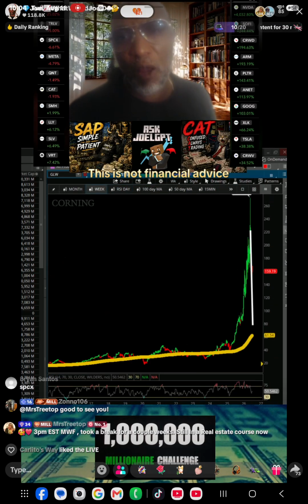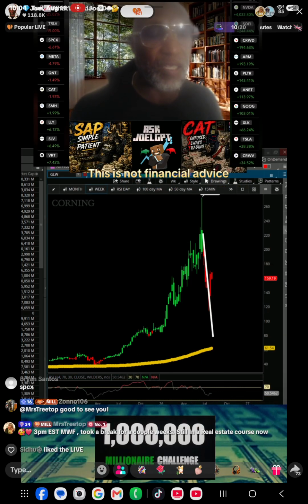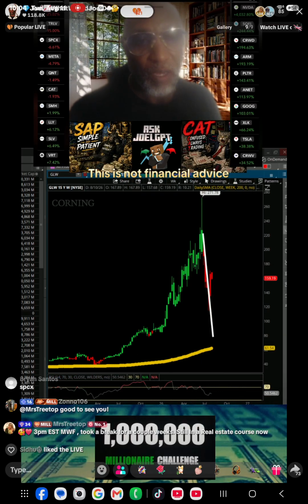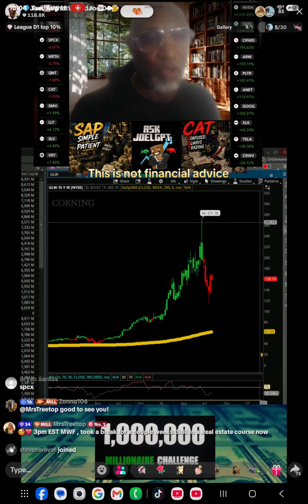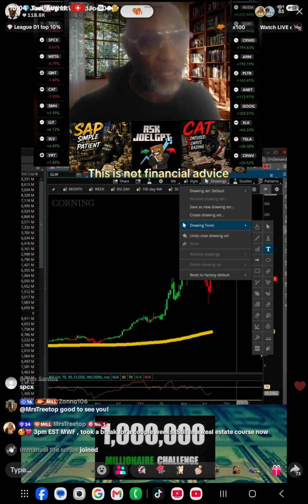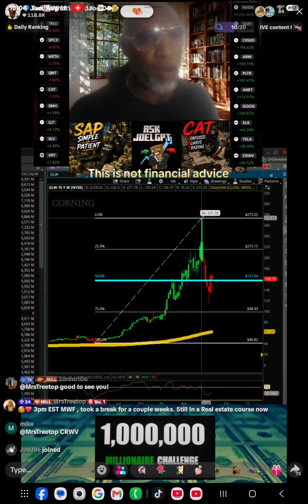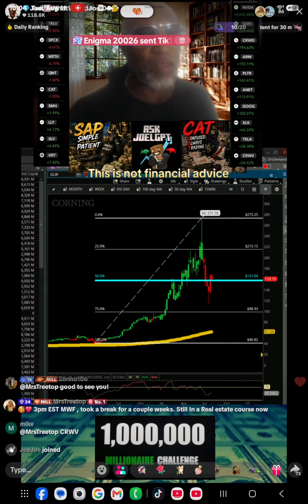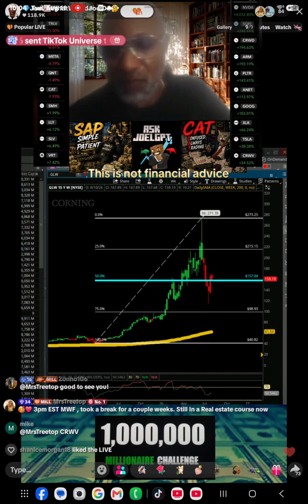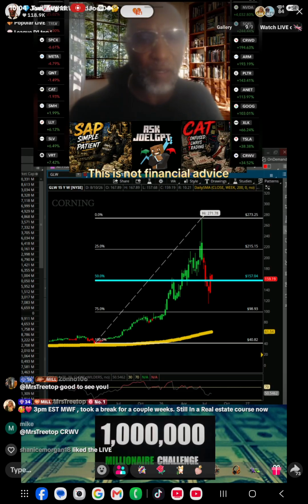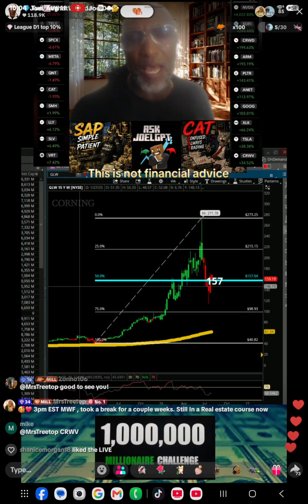This is a great company to own if you're interested in data centers. Yes, I'm heavily invested in this one. It did sell off really hard. Y'all see how much it sold off? I got you guys in this company with a Fibonacci retracement right around the 50% area. So anything 157 or lower was a pretty decent buy in this particular company. All right, so hopefully you guys capitalize on it.